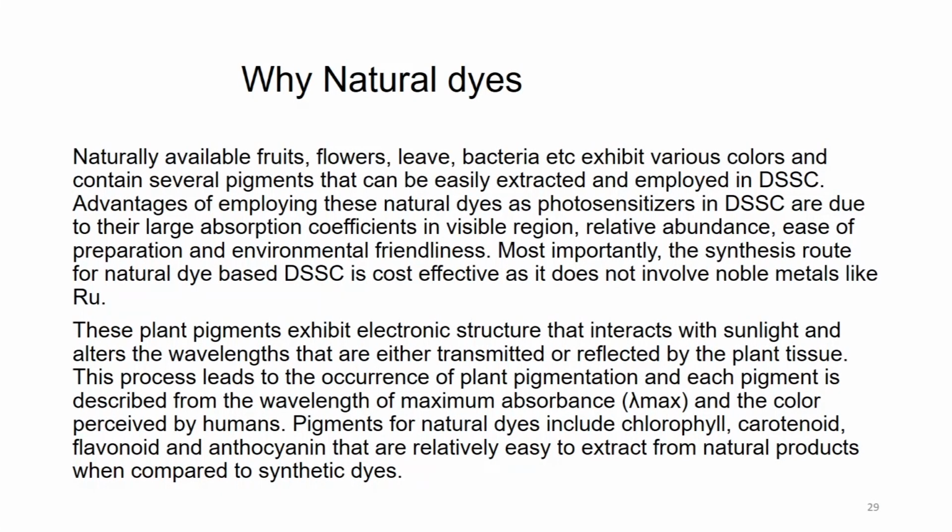like ruthenium dyes. These plant pigments exhibit electronic structure that interacts with sunlight and alters the wavelengths that are either transmitted or reflected by the plant tissue. This process leads to the occurrence of plant pigmentation, and each pigment is described by the wavelength of maximum absorption, that is the lambda max, and the color perceived by humans. Pigments from natural dyes include chlorophyll, carotenoid, flavonoid and anthocyanin that are relatively easy to extract from natural products